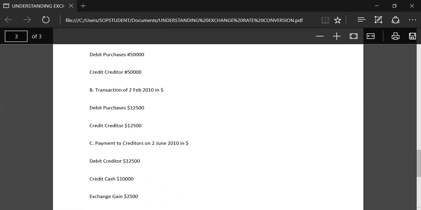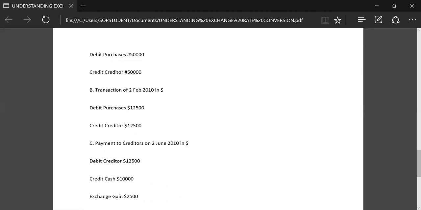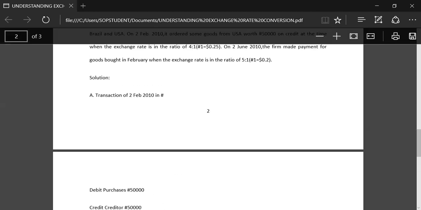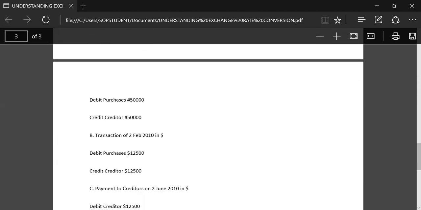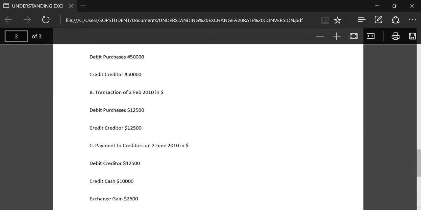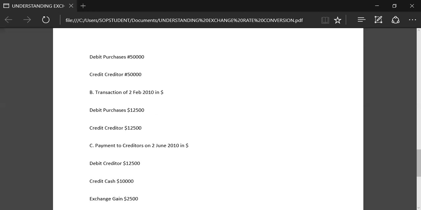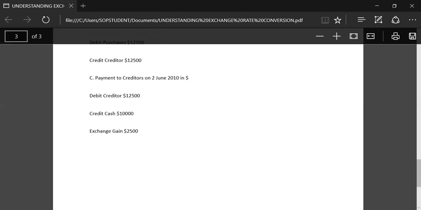Then the dollar value: debit purchases 12,500, at the rate as at that time, which is 1 naira to 25 cents. So when that is converted, it gives us $12,500 for creditors. Eventually, when the payment was made in June, we debit